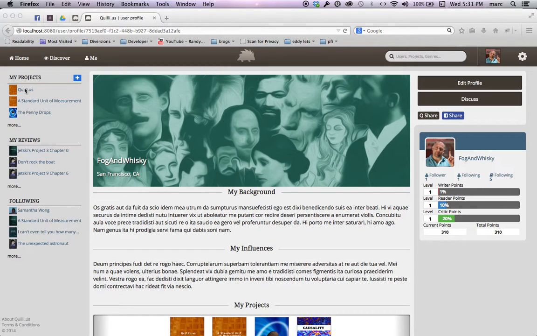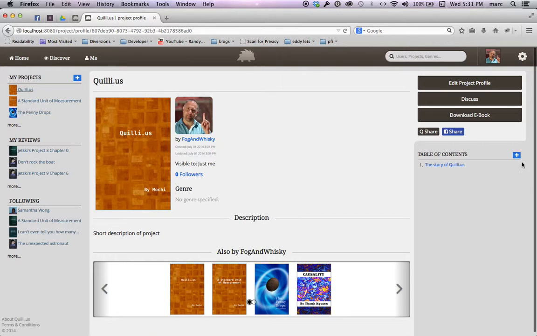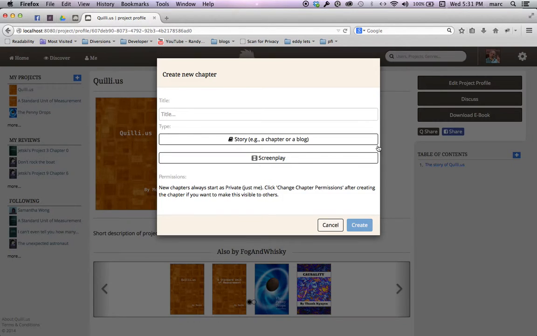So I'm going to go to a project, and from that project I've shown you before how you create a chapter, but here you go. You press the New Chapter button. I'm going to call this Working in the Editor,